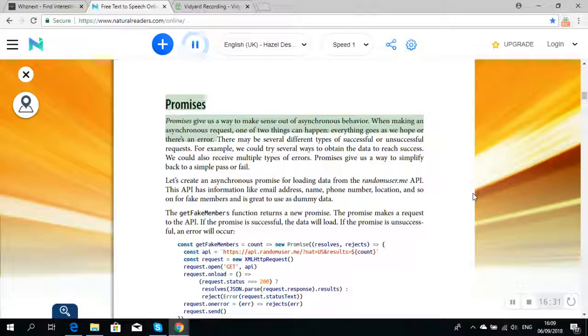Promises give us a way to make sense out of async